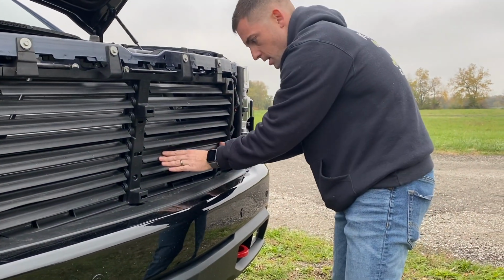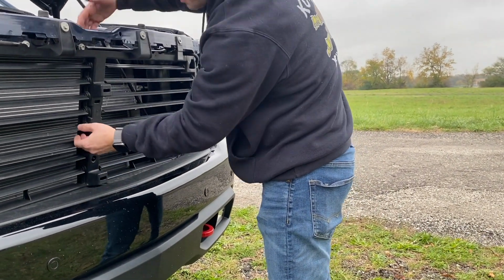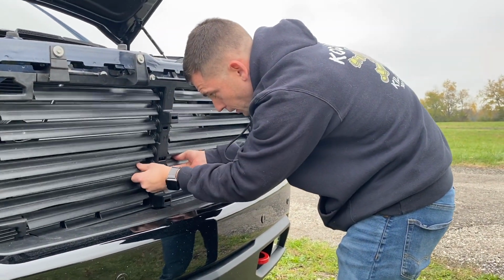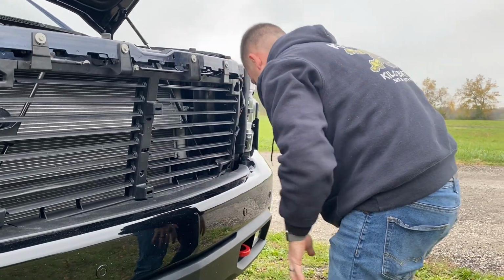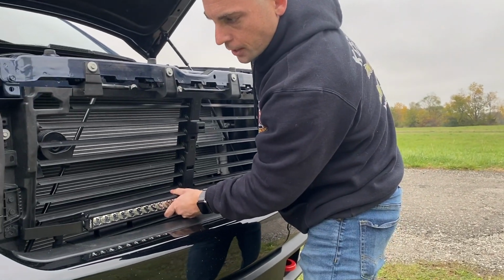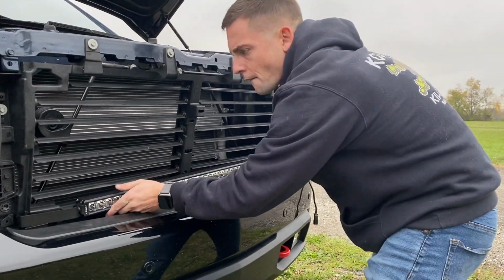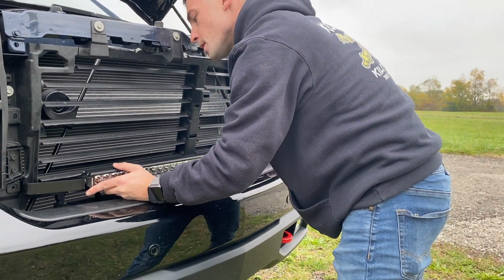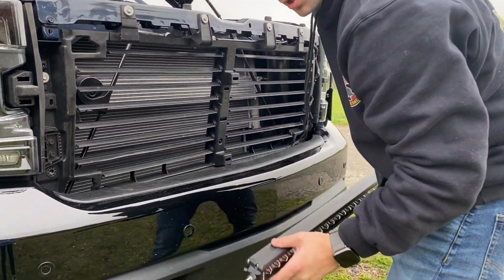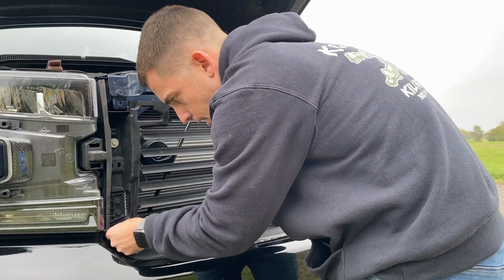And just a test, I want to see if these rotate. The motor's in the middle, sits right behind. Open and close, just see where they're at. And then another test fitting to see if we'd be rubbing. Looks like I'm gonna have to do just a little bit more sanding, guys. All right, now that I got those cut down and sanded down,